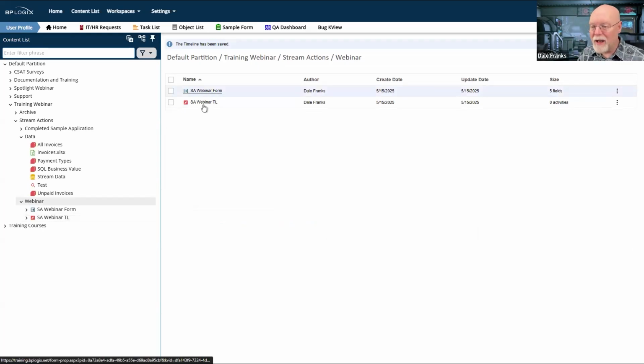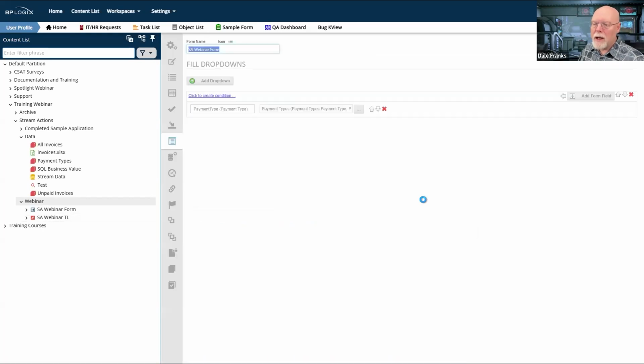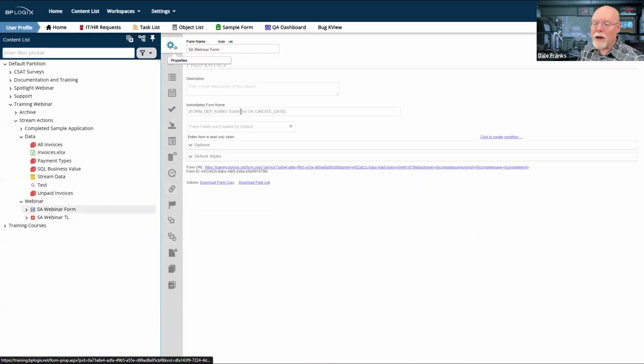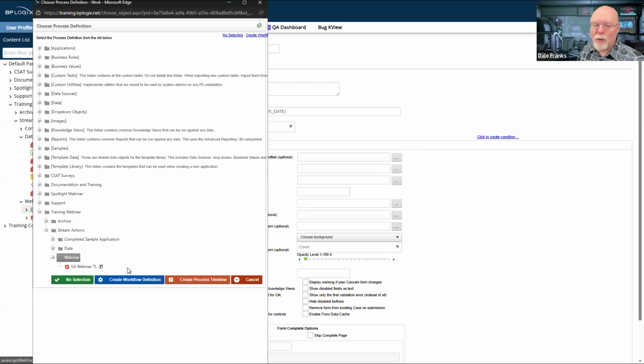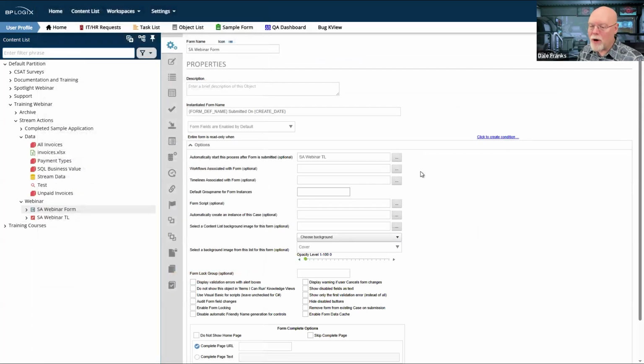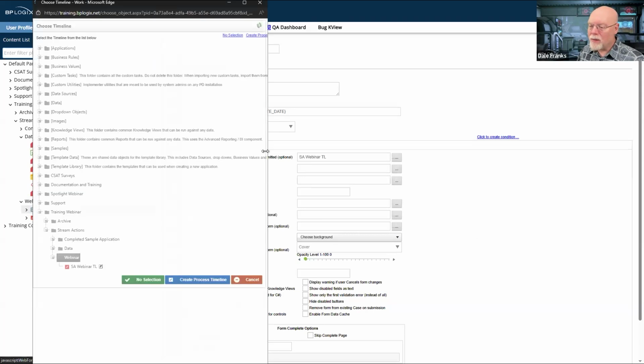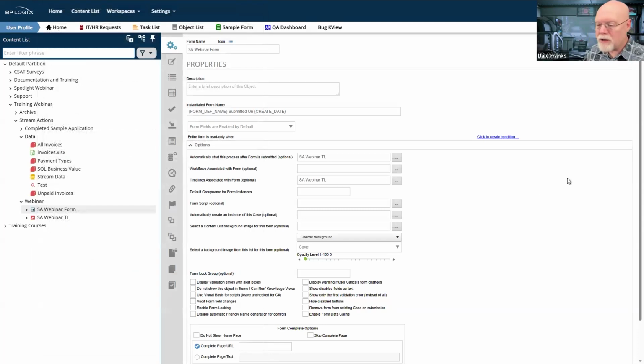Although the important thing, now that I actually have the timeline, is to go back to the form and to go to its properties tab and to specify that we automatically want to start the SA webinar timeline. And we also want to do the, well, we don't need to do it, but again, a best practice is to associate both the timelines associated with form property and the automatically start this process property, to set both of those properties on the form so that when we submit the form, it will automatically create the timeline.